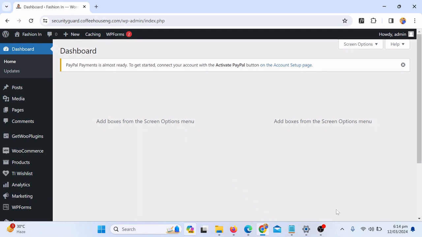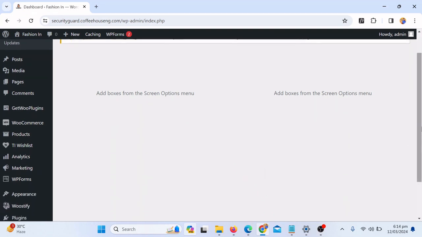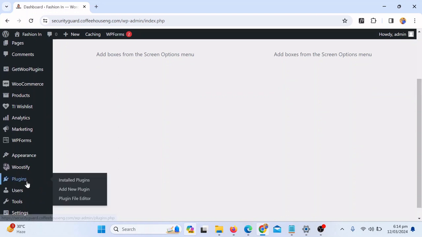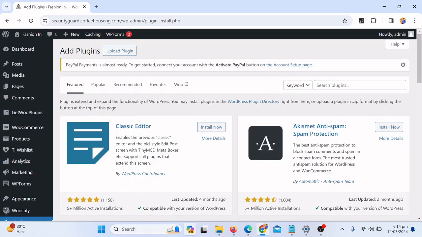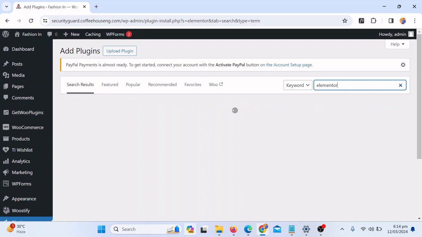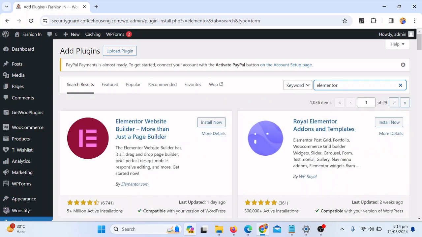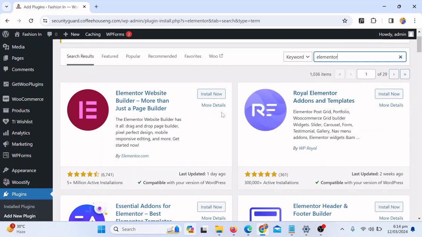So I'm here on my WordPress dashboard, and you will just scroll down a little bit. Here you will see the option under plugins. Just click on add new, and in the search area, we're going to search for Elementor. Just search the name Elementor, and on the top you will see Elementor Website Builder, and it has